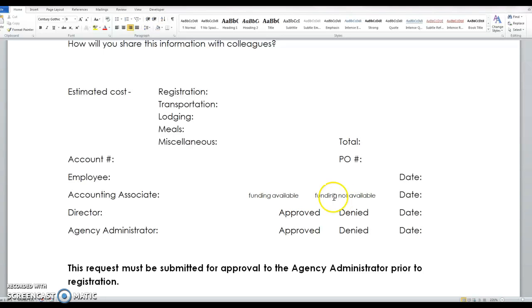The accounting associate will then forward it on to the appropriate director or supervisor, who will approve or deny the request. If it's approved, it will then be forwarded on to the agency administrator to be approved or denied. If a request is denied for any reason, you'll receive the form back along with a note indicating the reason